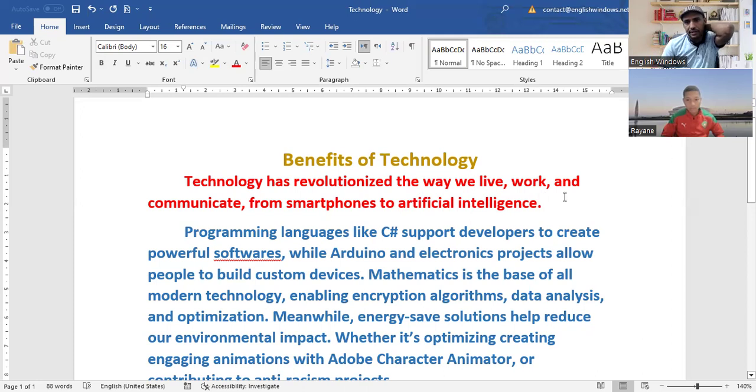As a revolution, the way we live, work, and communicate from smartphones. Great. And communicate from smartphones to, right? You can even do without the comma here, right? From smartphones to artificial intelligence. Very nice, good. Okay, that's acceptable in general. Even though, of course, in